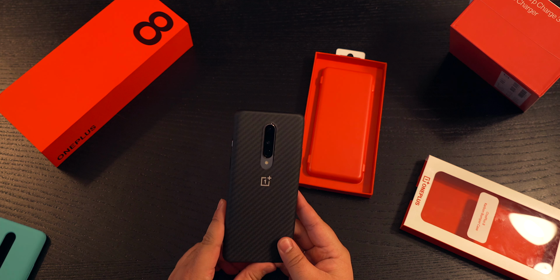I kind of feel like the Sandstone series is a little bit more sturdier. It could just be the design by itself. So a little bit different on the left hand side. Just a plain and simple smooth black design. We got the power button, your traditional vibrate and ring buttons up here. Same thing up here for the network. And then on the left we have our volume rockers. At the bottom, USB-C port, as well as our speaker grill over here. And then as always, here is the OnePlus 8. And in this Karbon series, in comparison to the Sandstone, I mean, I just have a love for the Sandstone